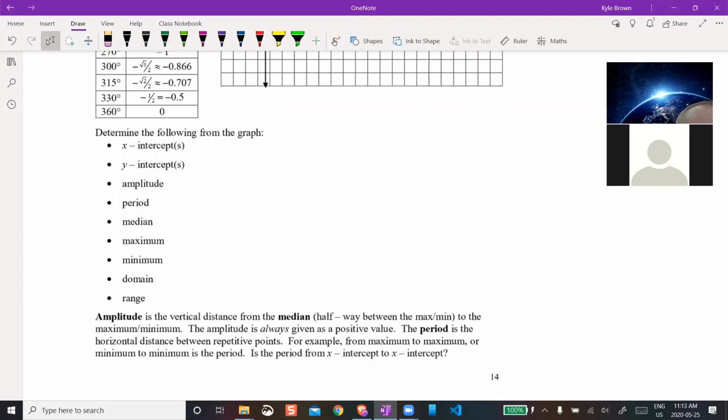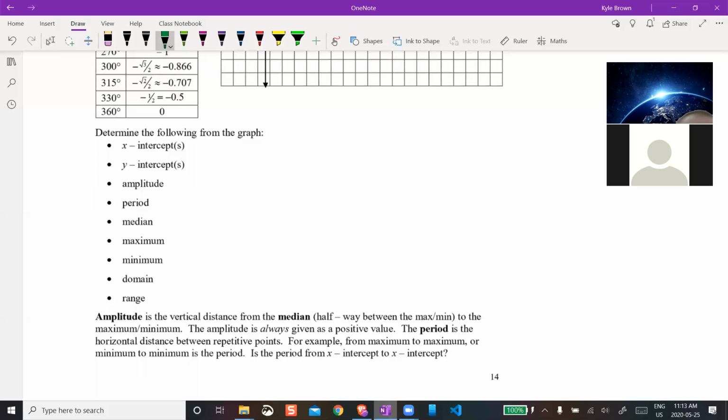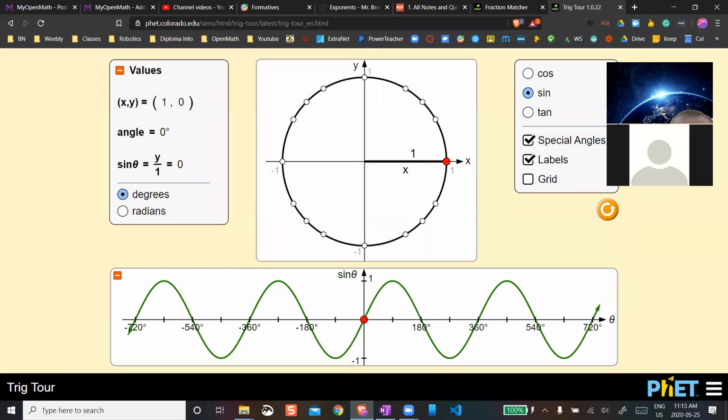So now it says determine the following from the graph. So let's determine the following of these things from our little gizmo there. So I'll turn it back to a sine graph. And the first one here says, determine the x-intercepts. Okay, so the x-intercepts, they're going to be happening at,